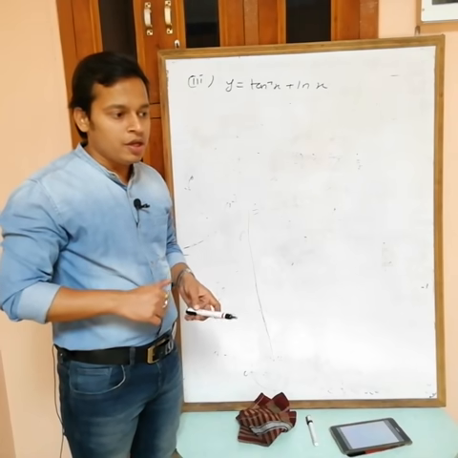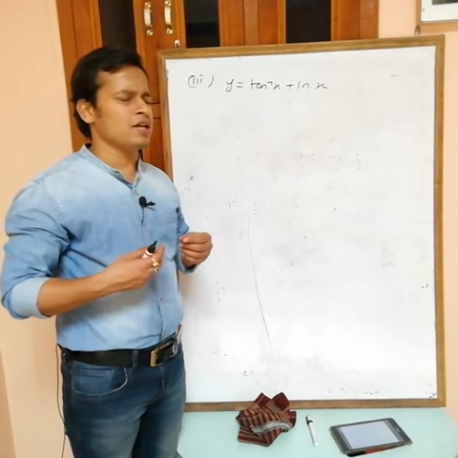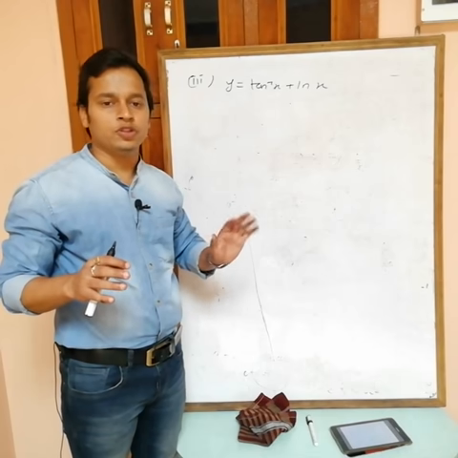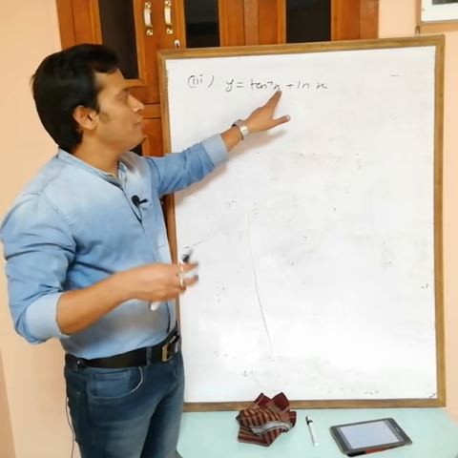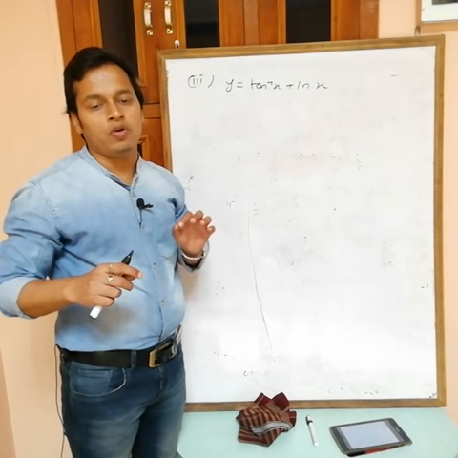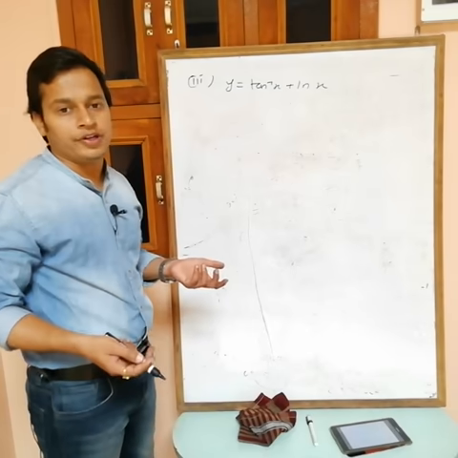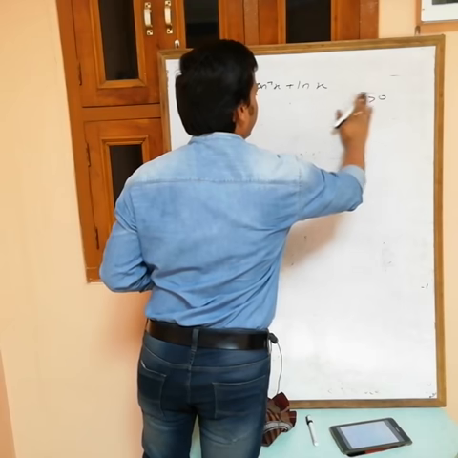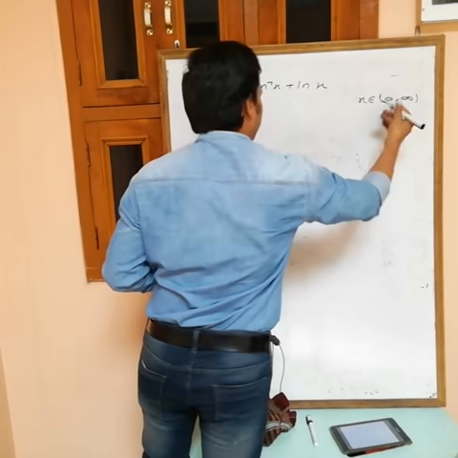One thing is clear, this complete function is defined if tan inverse x and ln x both are defined. Tan inverse x has no problem. Okay, it is saying put any value, I am fine. Because the domain of tan inverse is minus infinity to plus infinity, put any value of x, this has no problem. Okay, but ln x has some problem. Logarithm is only defined for positive values of x. So how can I put a negative value of x? So here x is greater than 0. Or I can say the domain is x in (0, infinity), both are the same thing. Okay, right, anyway.